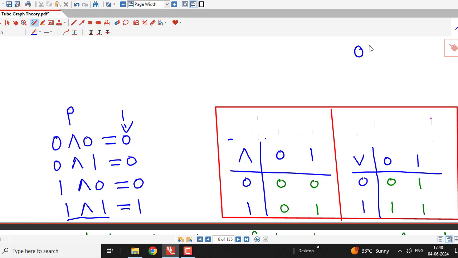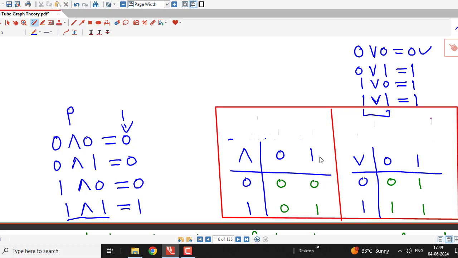And this we can consider as sum. If I have 0 or 0, then I obtain 0. If I have 0 or 1, then I write 1. If I have 1 or 0, then also 1, and if I have 1 or 1, then I write 1. So this we can consider as the sum. If we have the sum of 0 with 1, then we write 1, and this is 0 only if we have 0 and 0 in the summation. Here we will not consider 1 plus 1 equal to 2, but if we have 1 or 1, then we write 1.